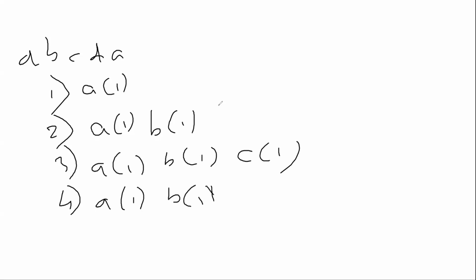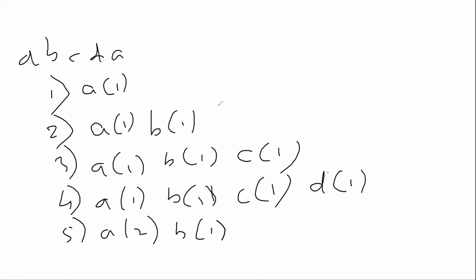Actually, this is not a very good example to explain that, but still fine. A, B, C, and then we have D as 1, correct? So these are the frequency counts for each one. And for the fifth one, A will be 2 in this case, and the rest will be the same. Maybe there is a slight difference in what I was thinking and what Sandeep was, so he might bring that later. But if we have this matrix already pre-processed, and then we have the queries, starting from the first one.